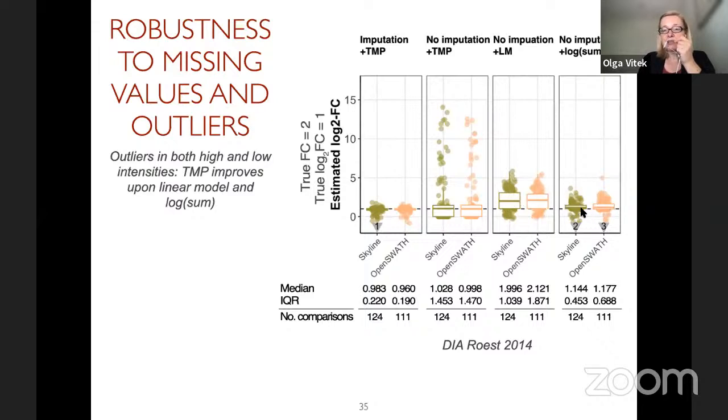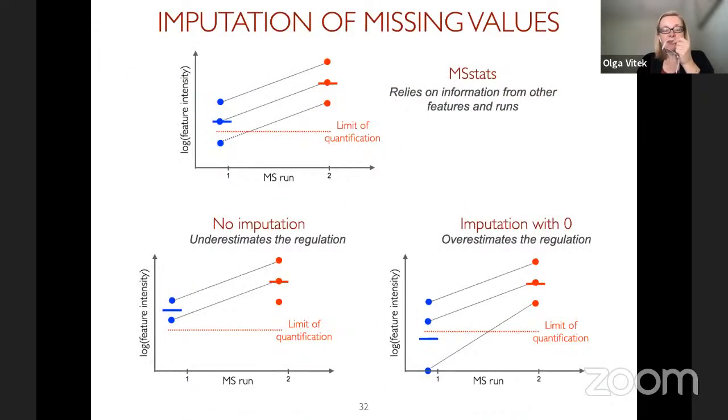This is what happens if we just take the sum of the features without doing the statistically more complicated, more sophisticated things that we do. Fundamentally, the number of comparisons and the estimations are more accurate if we do that. Now, to preempt questions, we have noticed more recently that this type of assumption is not always the